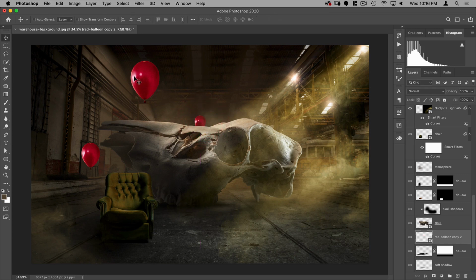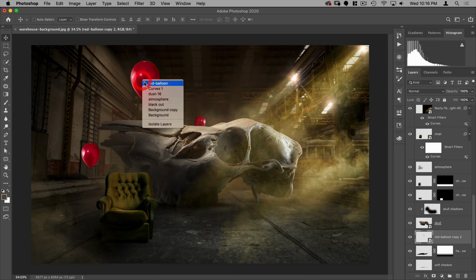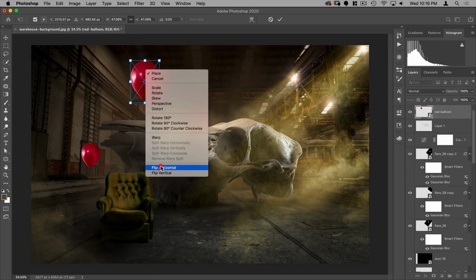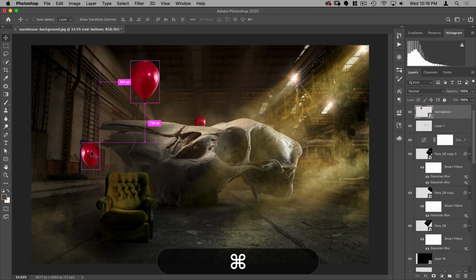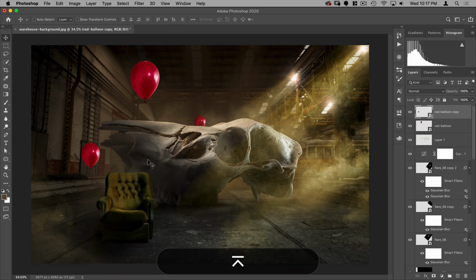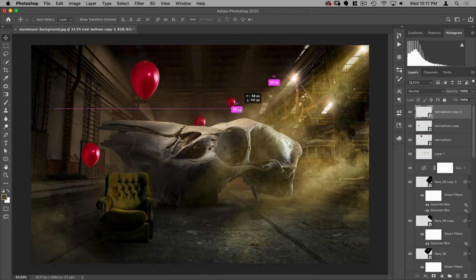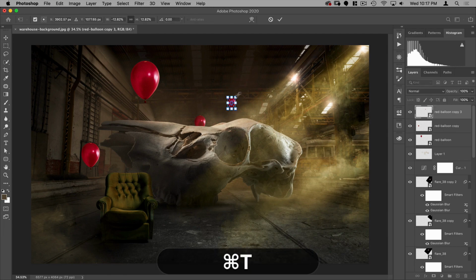One thing I noticed is that this has a highlight on the balloon, and that highlight should be reflecting this, not something on the left. So for all these balloons, we're going to do Command T and just flip horizontal. Command T, flip horizontal. And Command T and flip horizontal. There you go. All right. And I want a few more, so Option drag, make another one that's further in the background over here. Maybe even smaller.